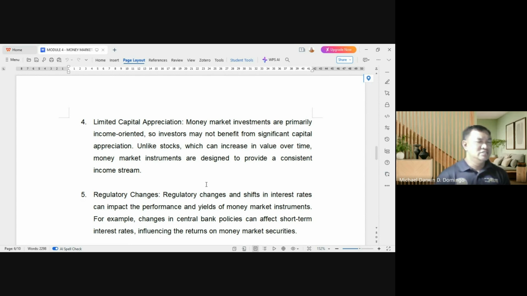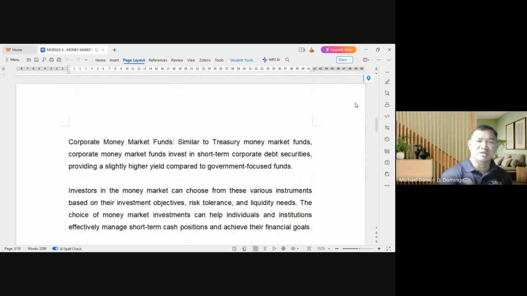Regulatory changes. So those regulatory changes and shift in interest rates can impact the performance yield by the money market instrument. So like, let's say, itong regulatory changes, such example nga daw, yung mga bank policy, no, that affect short-term interest rates kasi pwedeng bumaba siya o tumaas. Kung tataas yung value, okay lang. Pero kung bababa ng value ay yung product mo, syempre, o yung value ng securities mo, medyo, diba? Iba na yun. And then,